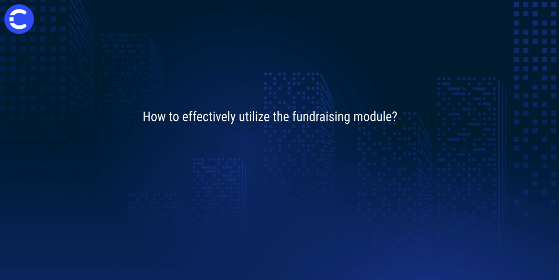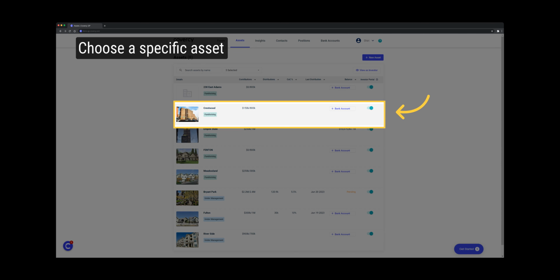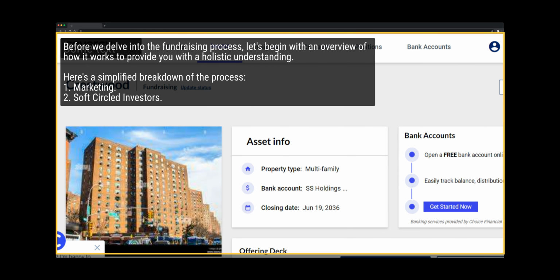In this guide, you will learn how to effectively utilize the fundraising module in a professional manner. Follow the instructions below to navigate through the necessary steps. Click on the Assets tab. Choose a specific asset. Before we delve into the fundraising process, let's begin with an overview of how it works